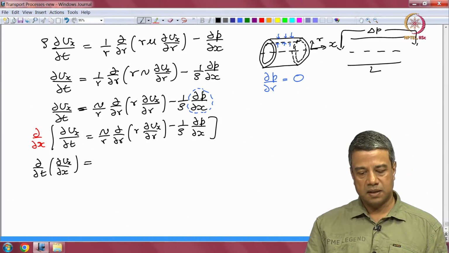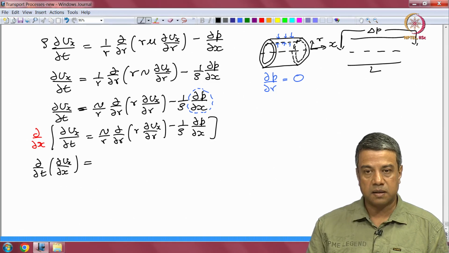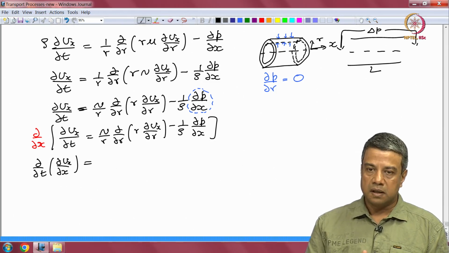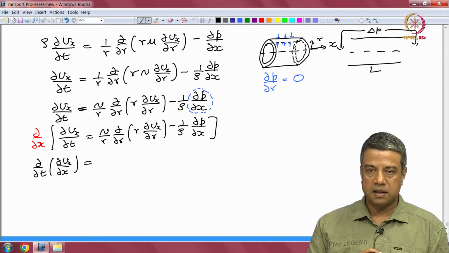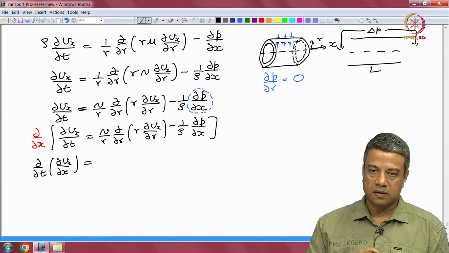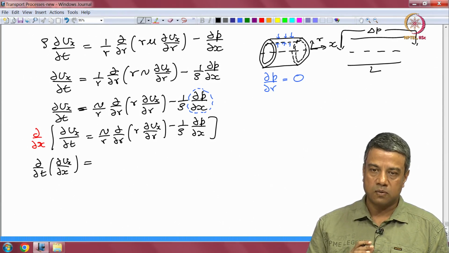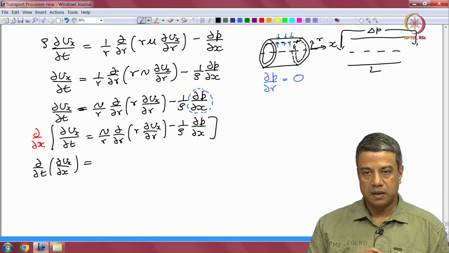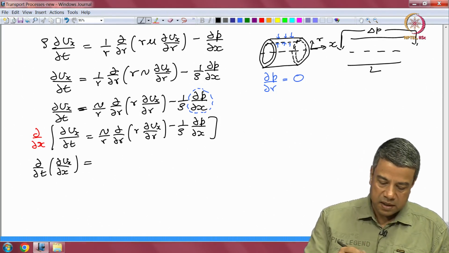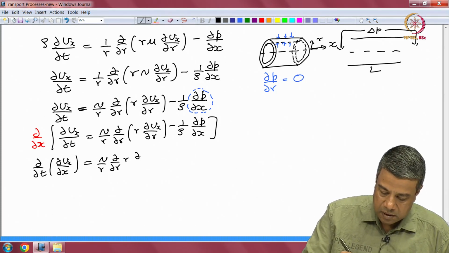On the right side, similarly, I can interchange the order of differentiation because r and x are independent coordinates. r and x are orthogonal, r is along the radius, x is along the axis. Since these are orthogonal coordinates, I can interchange the order of differentiation because I am taking partial derivatives. When I take the derivative with respect to one spatial variable, I keep the other one a constant. And these are two independent coordinates. So, I can write this as nu by r d by dr of r d by dr of partial Vx